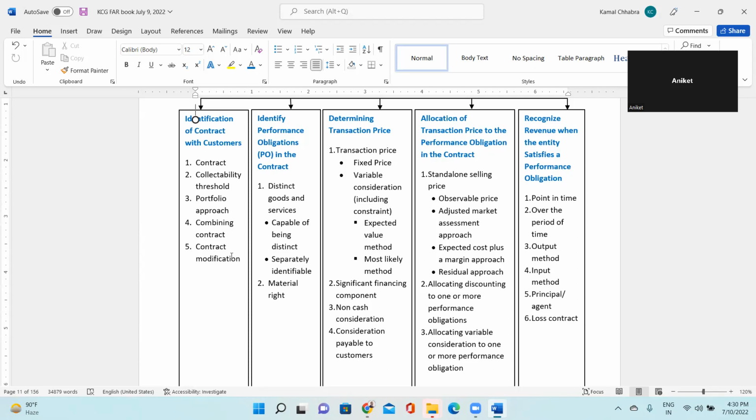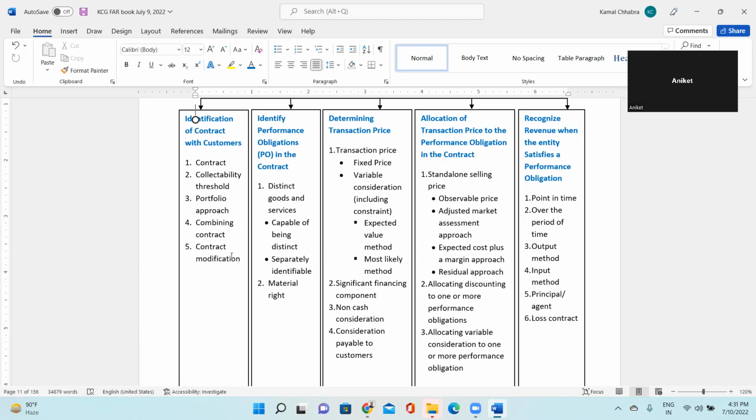Loss contracts are those contracts in which in total you end up incurring the loss. For example, let's say for the real estate example, let's continue. You entered into an agreement to build a 10-story building for me. And we negotiated and agreed a price of $400,000, right? And after 2 years, you have built like, let's say 6 stories out of 10, and price of raw material are continuously increasing and labor cost is continuously increasing. And you expect your total cost for the 10-story building is going to be 500,000, whereas your revenue is 400,000.